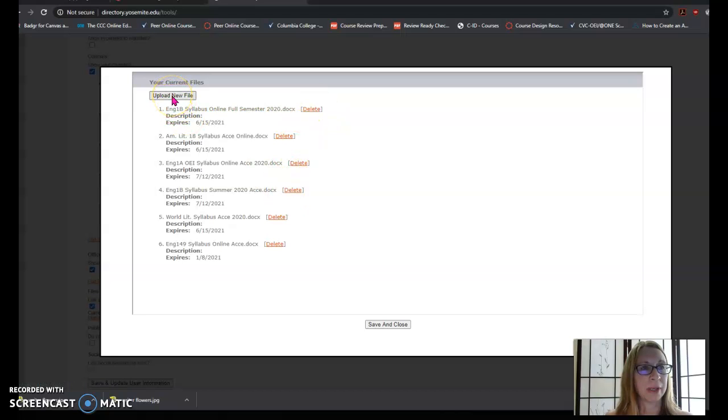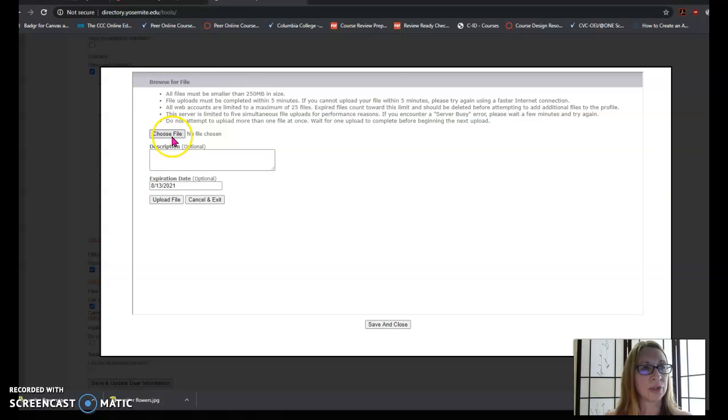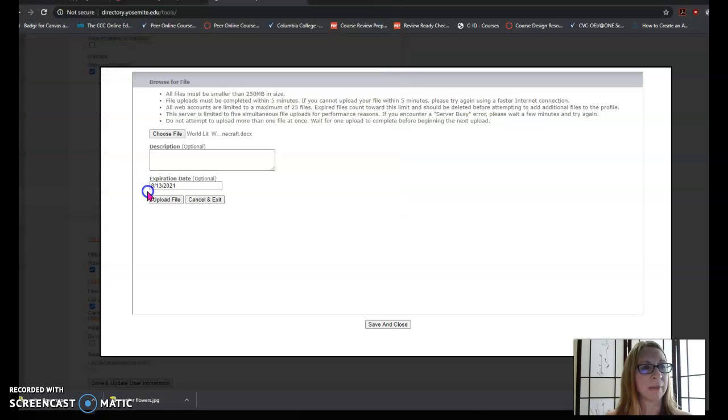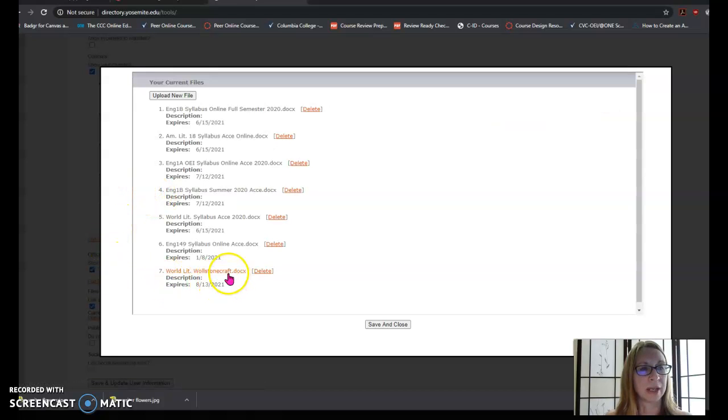To upload a new one, I choose this button, choose file, and then I can choose a document from my computer by double clicking, and then I want to select upload file. You can see the new document has uploaded here, and once I hit save and close, that would be saved to my page. I'm going to delete this one since I don't need this one here, and I will save